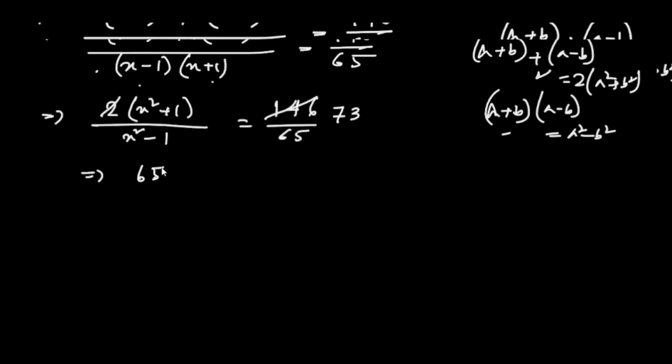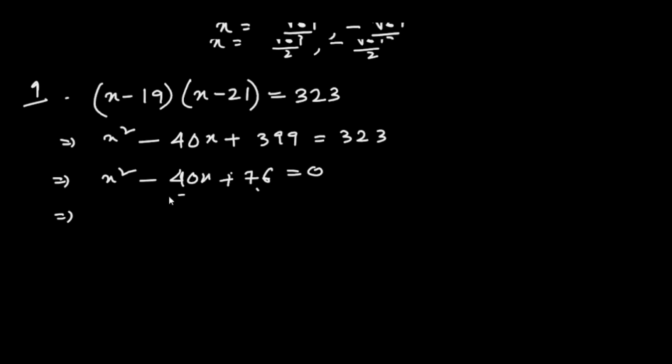Okay, so let us check if factorization is possible or not. So here you can see 76 is there, plus sign is there. So you have to divide 40 in such a way that the product of two parts will be equal to 76 and we have to use a plus sign. 38 into 2 equal to 76.